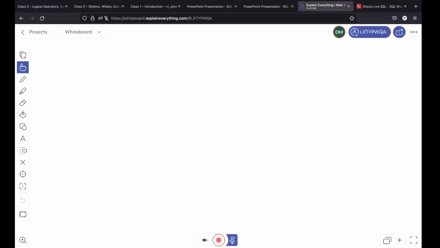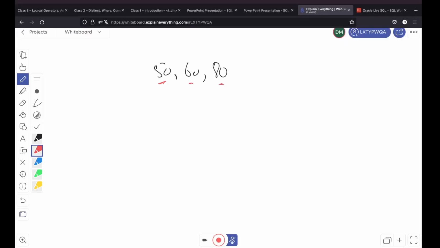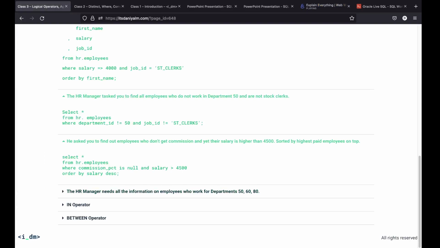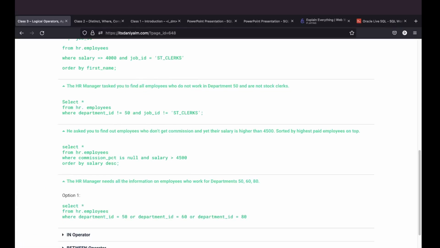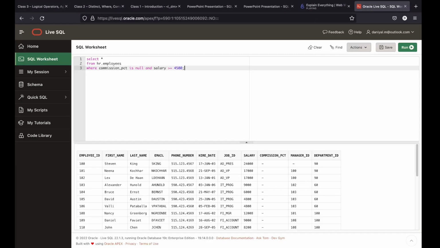So 50, 60, 80. The employee can be in 50, it can be in 60, it can be in 80. So we will be using an OR condition for this task, right? So how will we do it? Select all from HR.employees where department